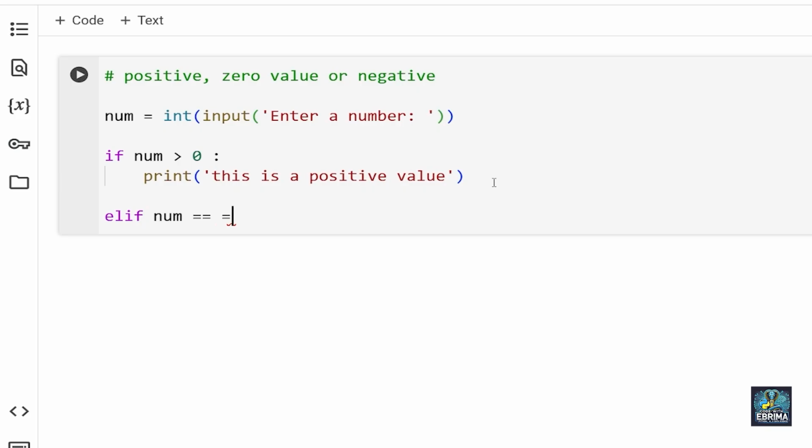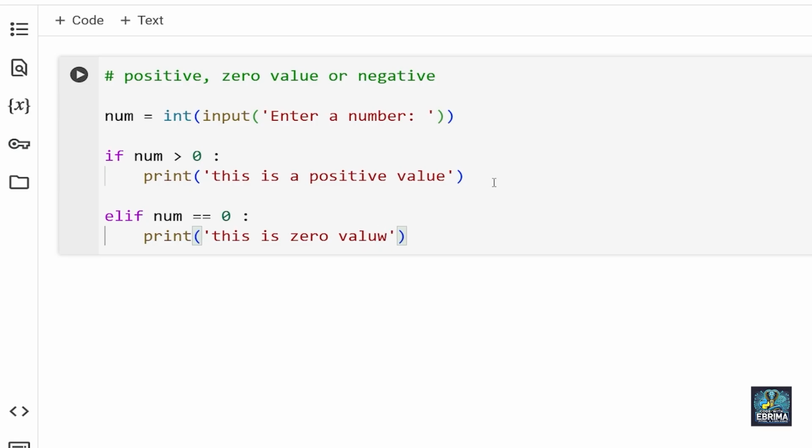We are going to check if the number is equal to 0, and if that is the case, that is, if the number entered is exactly 0, the code inside the elif block runs. So I'm going to put a colon here and go inside. Print, brackets, and now I'm going to say "This is 0 value".